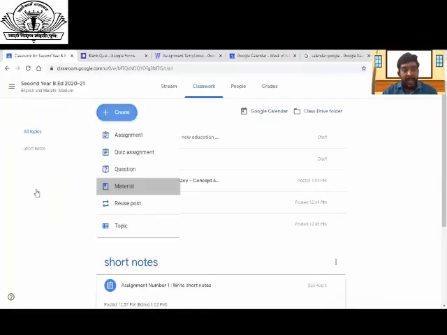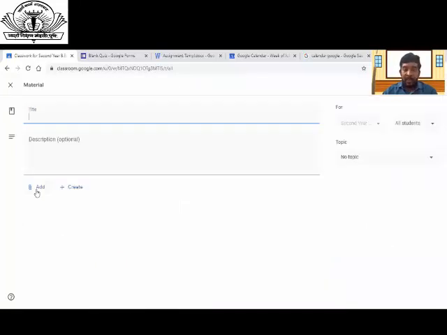In this material, you can add syllabus, notes, a handbook, reports, or you can also add model answers of the questions under this material form. Also, you can add it in the form of a file. It is a pre-created file in the form of a syllabus. Suppose there is a syllabus file of SPPU, you can directly add this SPPU syllabus file over here for this course under the material.